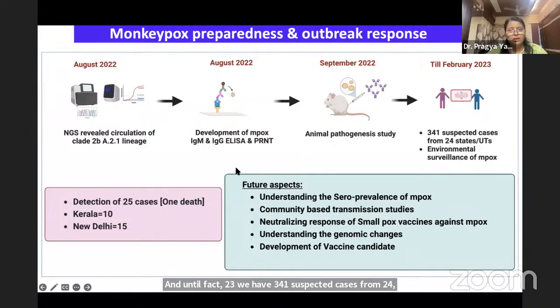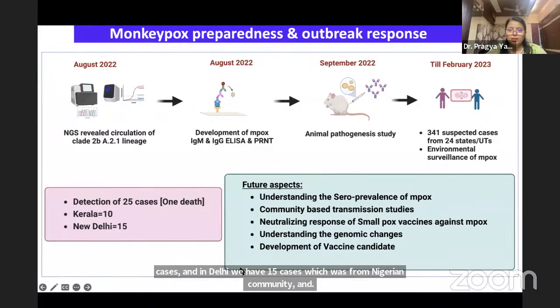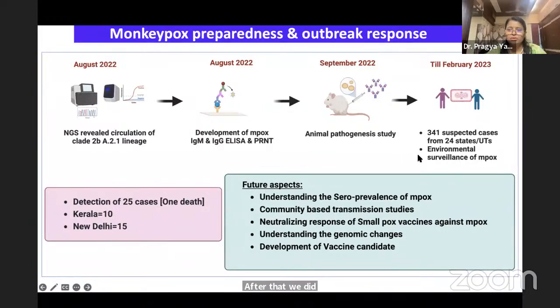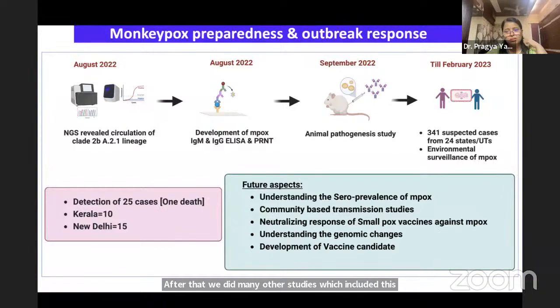Until February 2023, we had 341 suspected cases from 24 states and UTs, and environmental surveillance of mpox was done. We had a total of 25 positive cases till then, which included Kerala with 10 cases, all imported, and Delhi with 15 cases, from the Nigerian community and imported cases. After that, we did many other studies, which included seroprevalence of monkeypox, community-based transmission studies, and immune response in those people who had received smallpox vaccination, understanding the genomic changes,